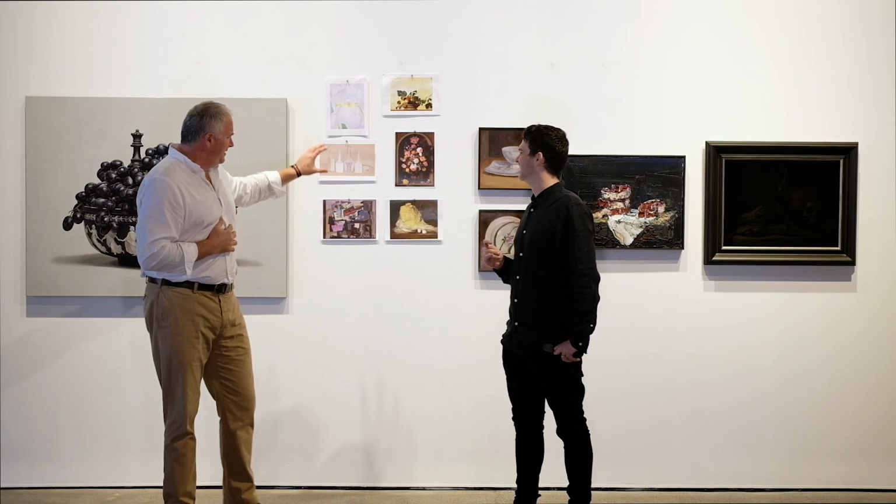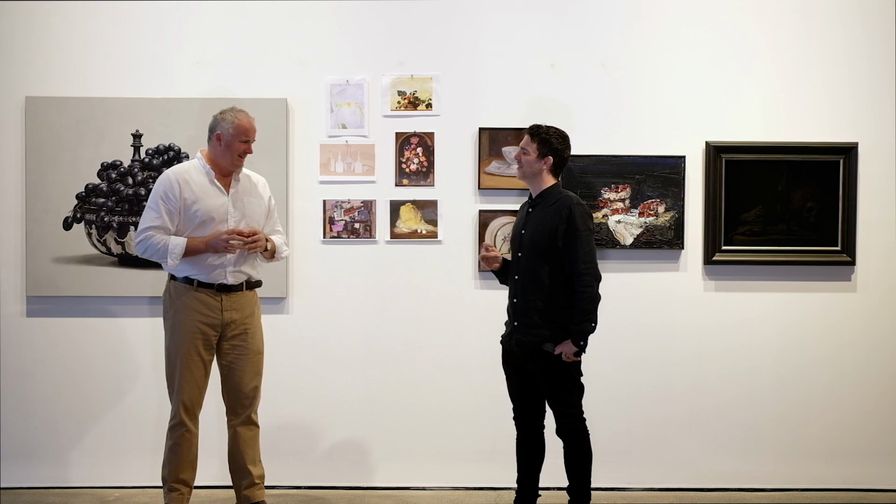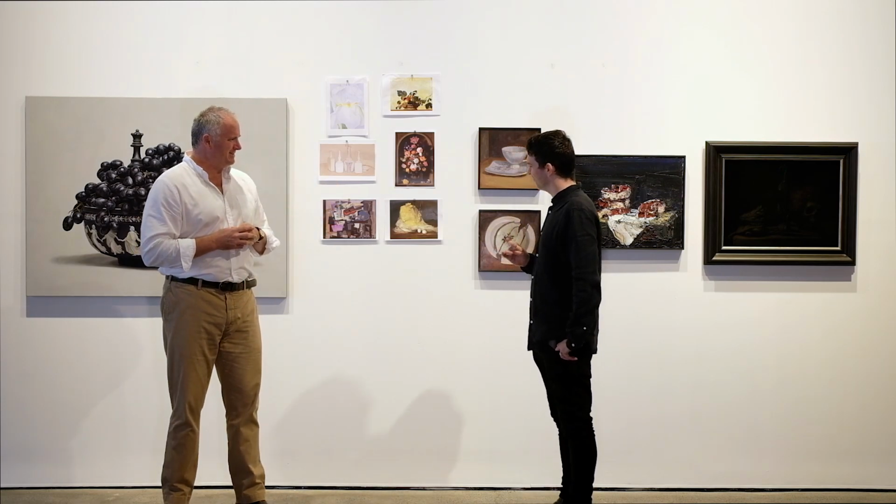What we thought we'd do is have a look at a couple of painters that we do some work with at Nanda Hobbs, but also investigate some very famous paintings from history. Unfortunately, we don't have the real things here, so we've delved into the archive of Google and come up with these excellent photocopies of some really extraordinary works, which we'll talk about as far as what is it about still